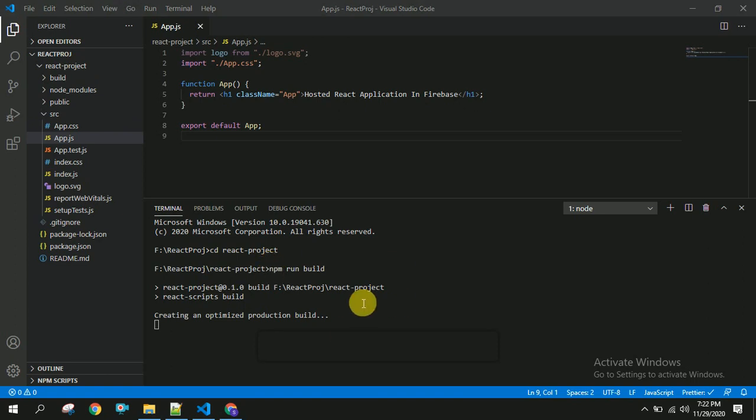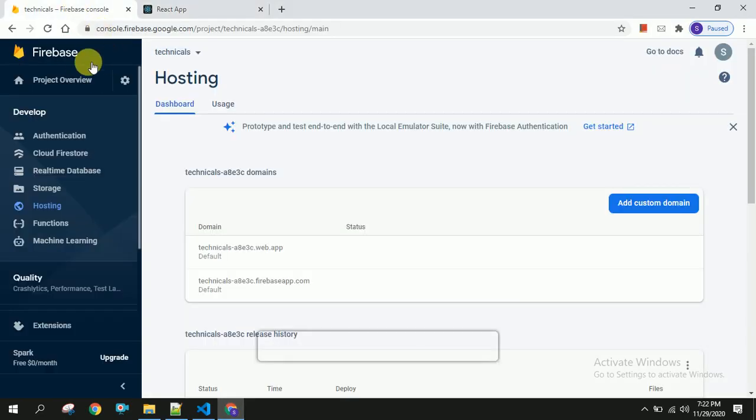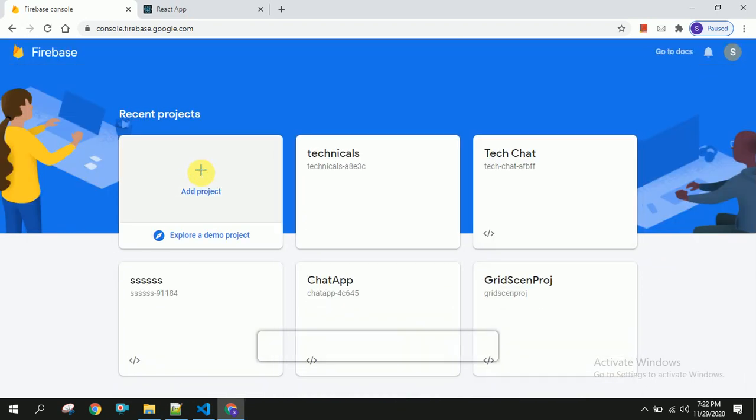So until it gets built, we will go to Firebase, and you have to go to the Firebase console. If you have already created some project, you can click on that project, and I am going to create a new project here.